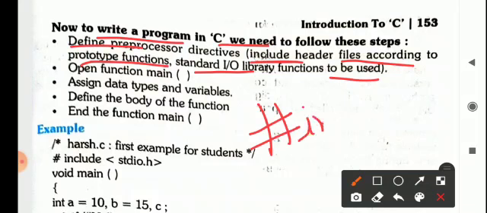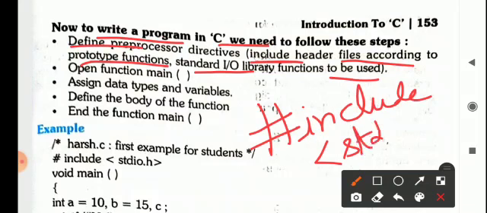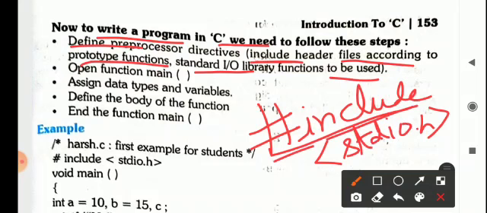Without any space, we have to write the keyword include, and within the angular brackets, for example, the stdio.h header file you have to include. So you will be writing stdio.h and close the angular bracket. That means #include is the preprocessor directive and stdio.h is your header file where printf, scanf, and many other commands which you will be seeing later on are mentioned. So you can use them successfully only if you include or link it to your program. So the first line should be your preprocessor directive.